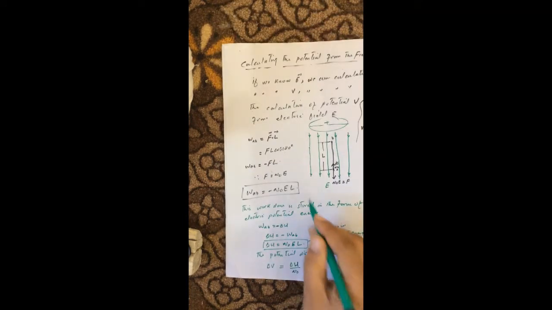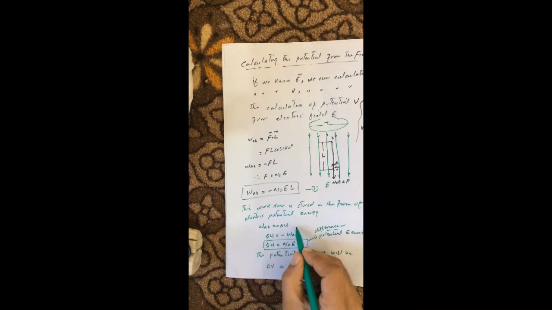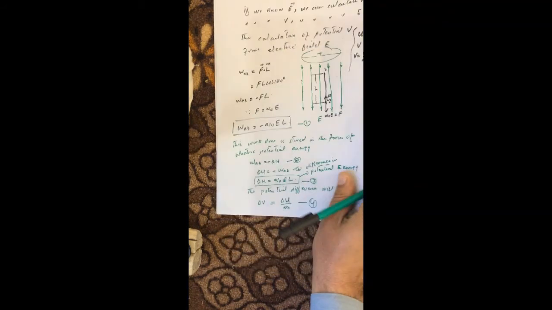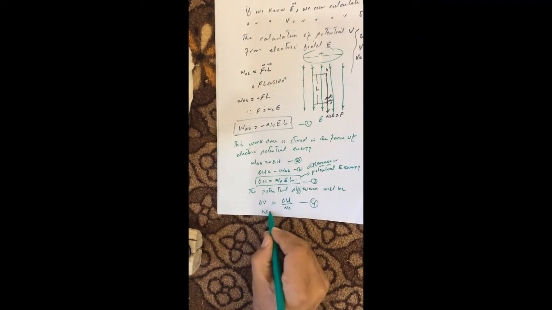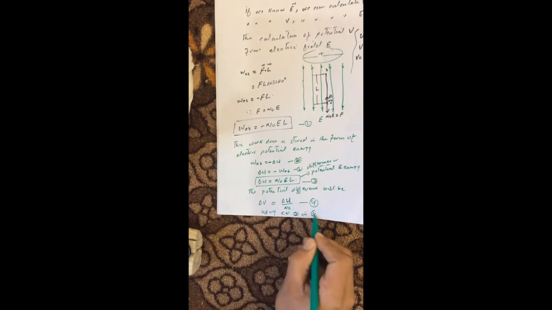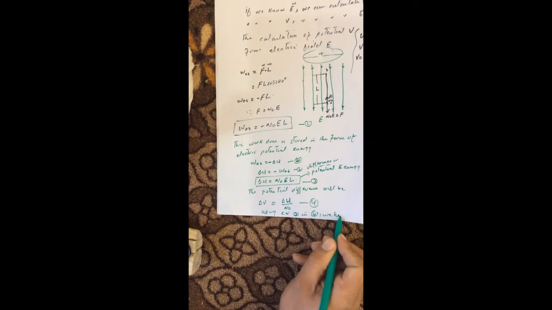If I call it, let's suppose this is equation 1, this is equation 2, this is equation 3, this is equation 4. Then using equation 3 and 4, if we put equation 3 and equation 4, we get